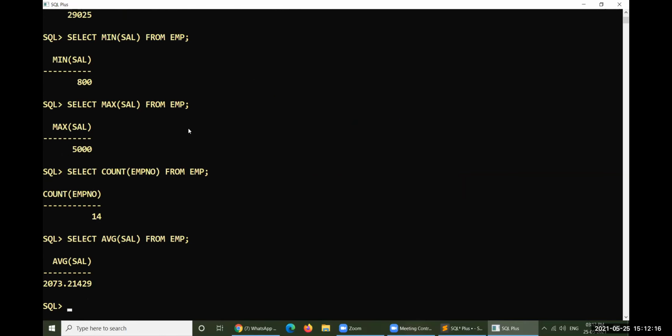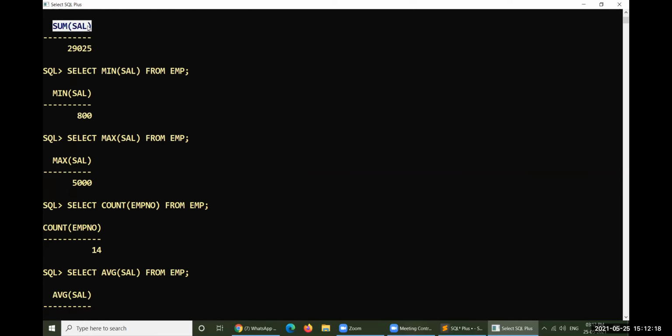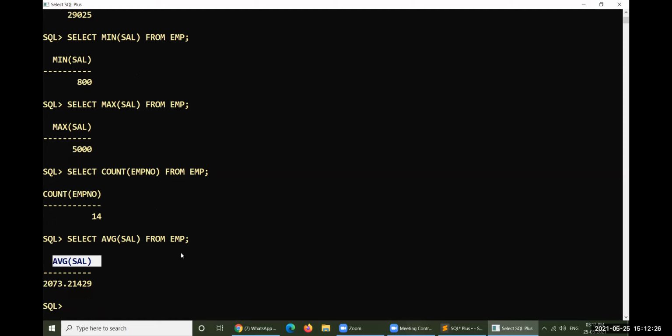So if you observe this, whether it is sum of salary, minimum of salary, maximum of salary, count of the people or average of salary, if you consider any one of these, it takes a huge number of values as input and produces a single output. I hope you understand what I am telling you. It takes many values as input and produces a single value as output. Within this regard, we have identified this.